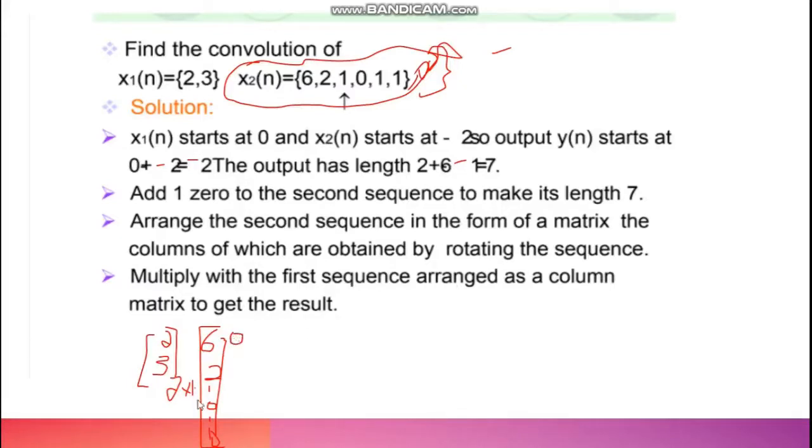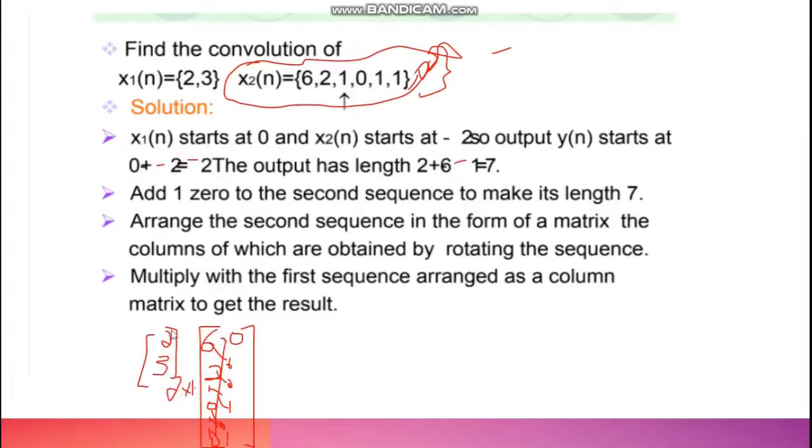So if you rotate it once, this 0 comes here, and this 6 comes here, and this 2 comes in this position, and the 1 comes in this position, and the 1 comes in this position, and 0 comes in this position, and 1 and 1. So if you check this, these two matrices